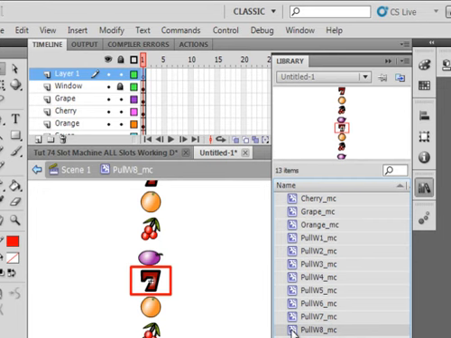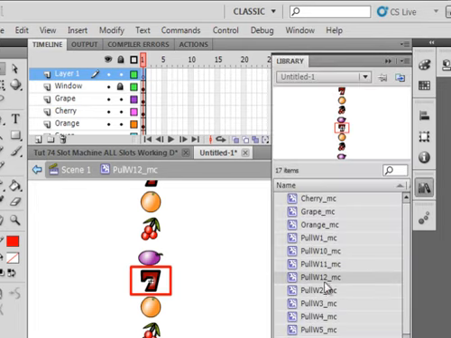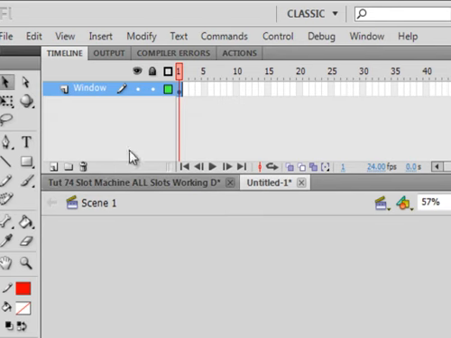Now you're going to make a 9, a 10, and an 11, and a 12. 9 being the same as 1, 10 being the same as 2, 11 and 12 the same as 3 and 4. I'll do that and return. I now have 12 different PULLWs. Go back to scene 1 and insert here 12